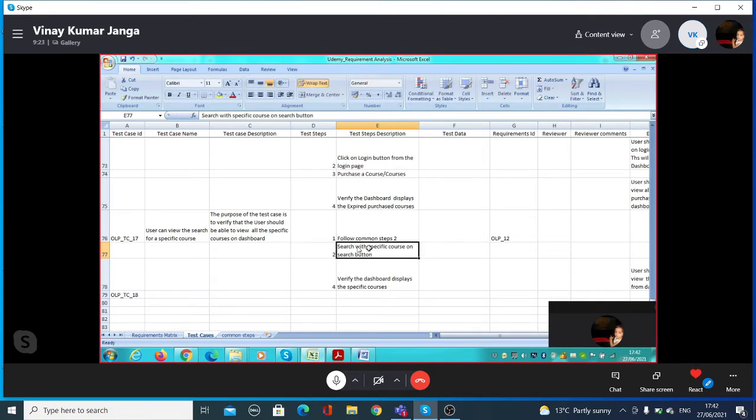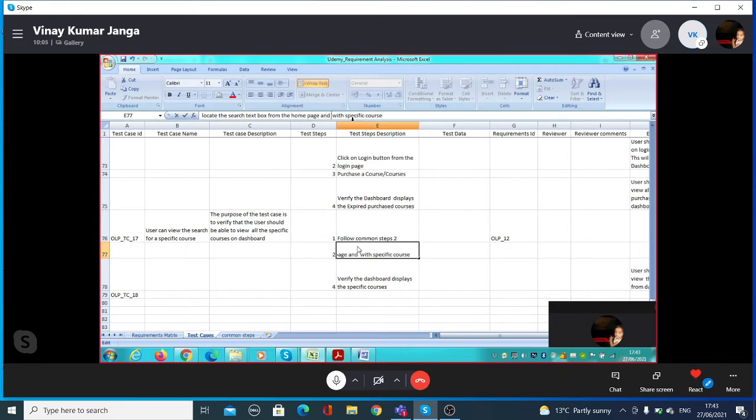You can say locate the search text box on the home page. Yes, and then just delete that bit. The next step would be to enter the specific keyword in the search box.